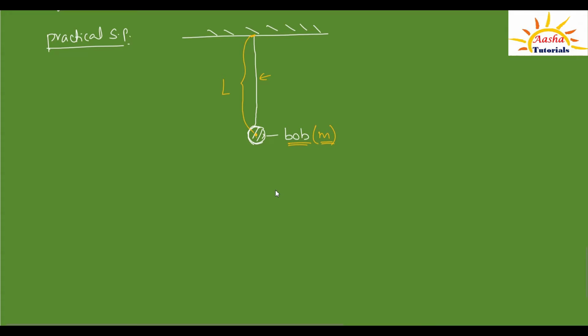Now if you displace such a simple pendulum from its mean position, let me draw the diagram once again. This bob of mass m, if I displace it from its mean position, I pull it out a little to the side, where it makes an angle theta with the vertical length. At this position, if I bring it and release it,